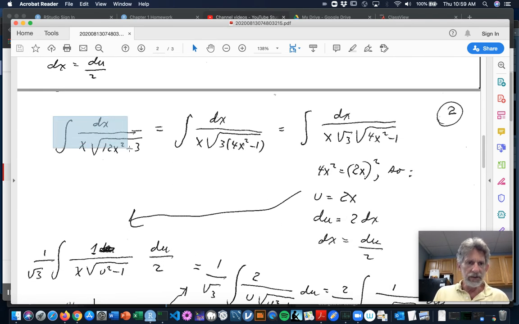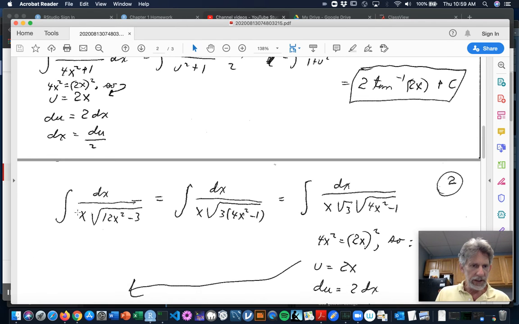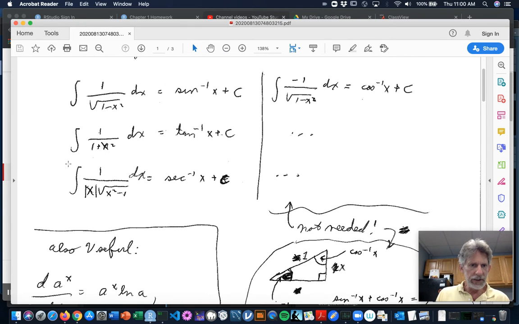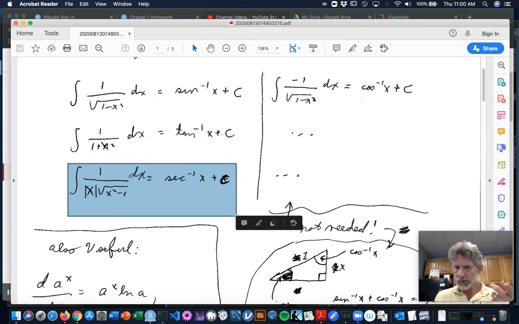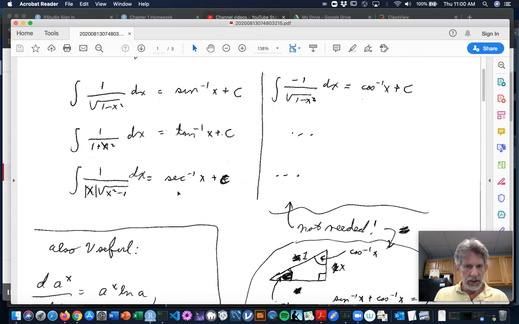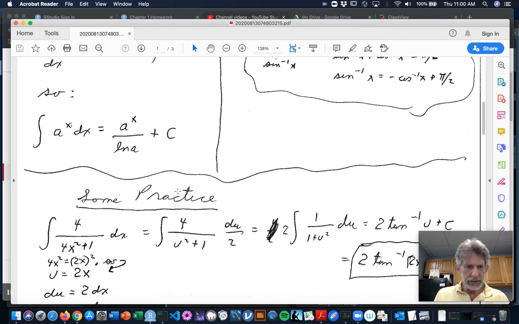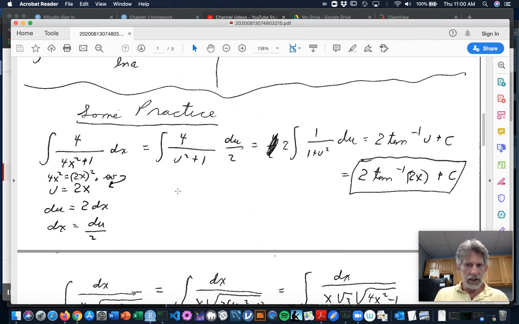What if I got this? Stare at it a while, and I've got a square root and my squaring, and then I take away a number. I've also got this x hanging around outside. This vaguely reminds me of this, except there's no absolute value sign. So is there a way I could work it in? Oh,